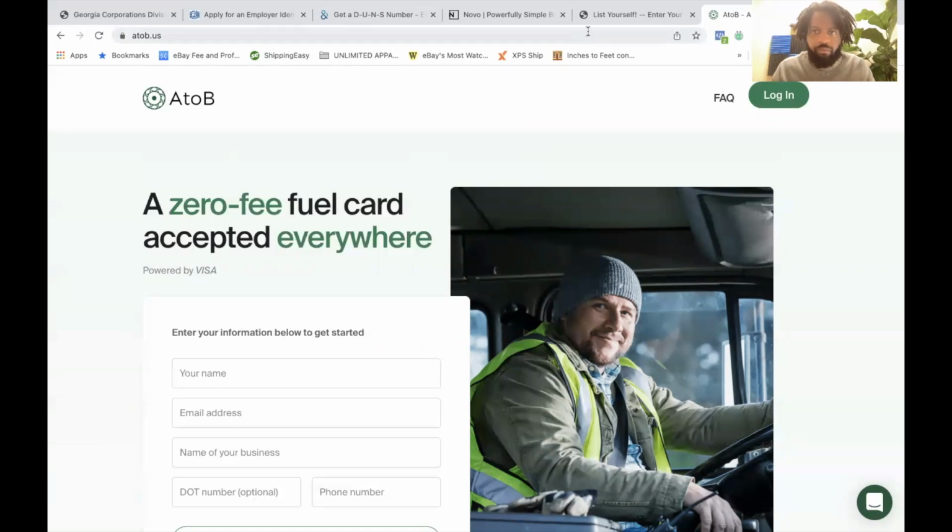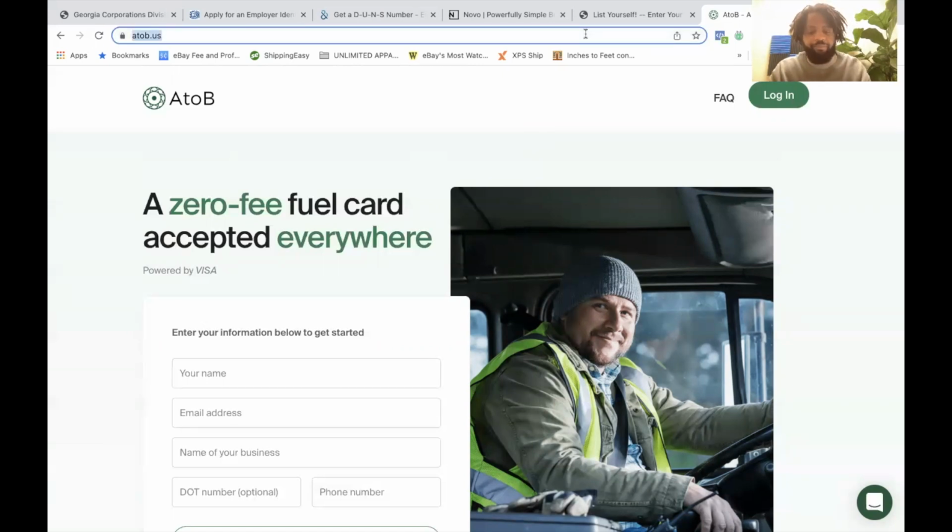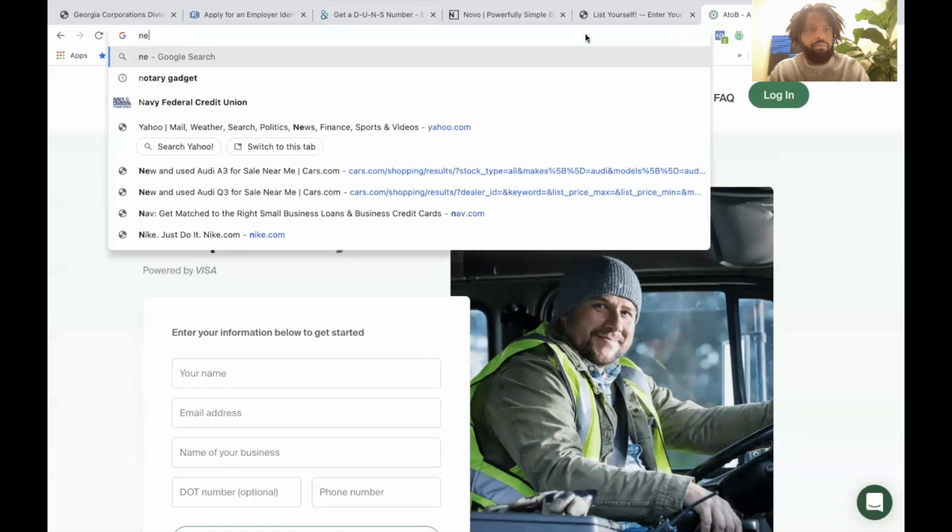All right. That's 4. And then to get you 5, like I said, there's a lot more. There's a lot more gas cards, a lot more net 30 accounts: Shirt C, Jewelers, My CEO, Business CEO, the Red Spectrum. There are a lot of net 30 accounts that you can use. I'm going to go into that on another video, but the 5th kind of monthly